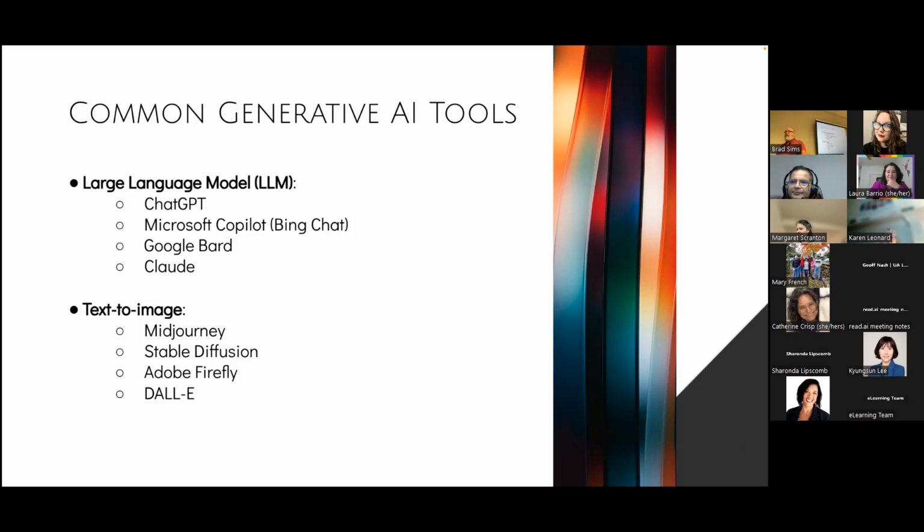Now, Microsoft Copilot is free, and it is a free way to use ChatGPT 4 because that's the model that it's working on. I don't understand the how and why of that, but that's just how it is. The next one is Google Bard. That's Google's attempt at the large language model. It's its own large language model that it's using. Claude is another one that's